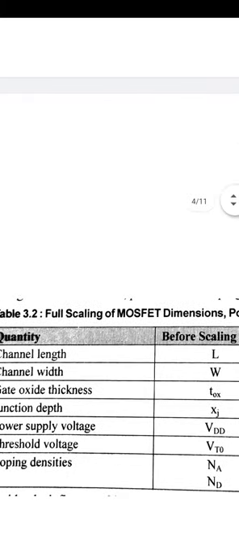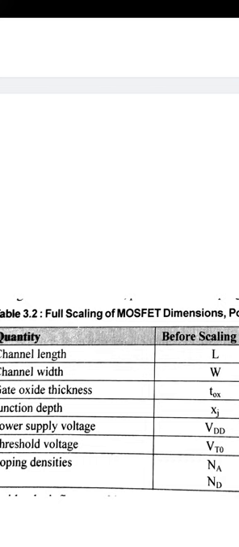So when we talk about the full scaling, the scaling option attempts to preserve the magnitude of the internal electric fields in the MOSFET. While the dimensions are scaled down by a factor of s, to achieve this goal, all potentials must be scaled down proportionally by the same scaling factor. So when we talk about the threshold voltage, the Poisson equation describing the relationship between the charge density and electric field dictates that the charge densities must be increased by the factor of s in order to meet the field